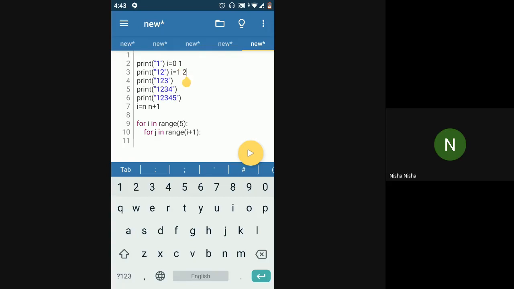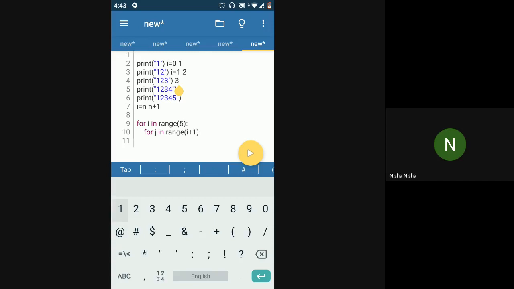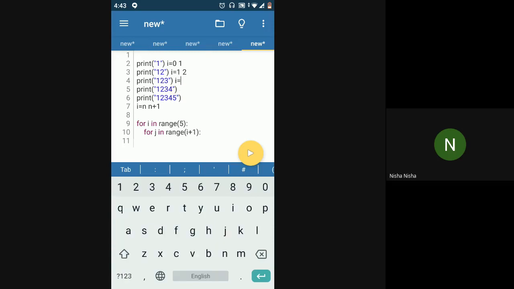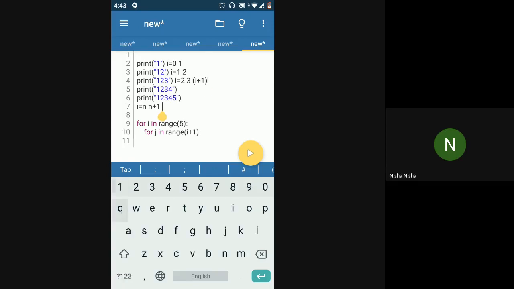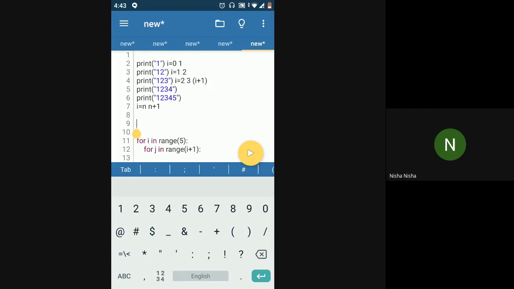Whenever i is 1, my number will end at 2. Whenever i is 2, my number will end at 3, which means my number will always end at i plus 1. So I have to start writing from 1 till i plus 1: 1, 2, 3 till i plus 1.